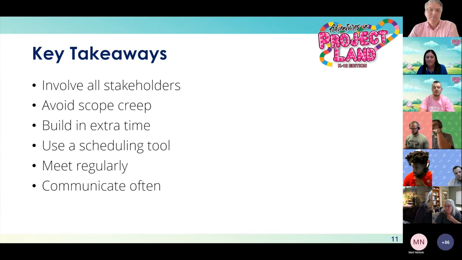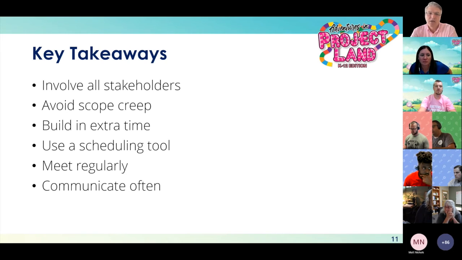Meeting regularly, again, not only with your immediate project team, but also having those meetings with your stakeholders, with your sponsors, and again, communicating often with everyone involved. As Natalie mentioned, if you do have a situation where things aren't going as planned, just being very upfront and honest with your project sponsors about what's happening. Hopefully those project sponsors will be able to provide some additional support to help you really get things moving in the right direction again. So with that, I'll go ahead and turn it back over to Andrew.